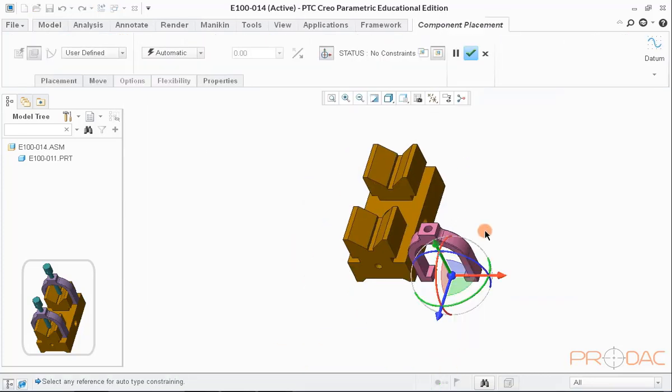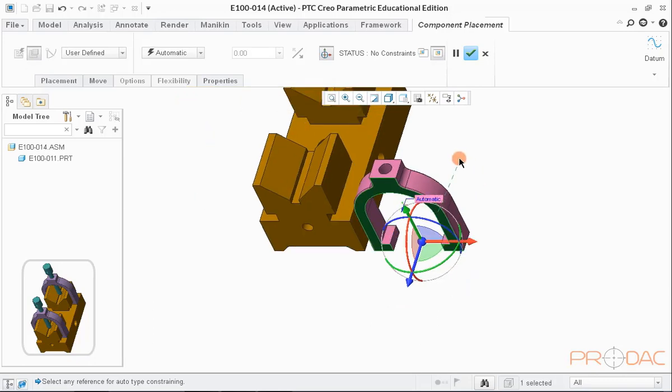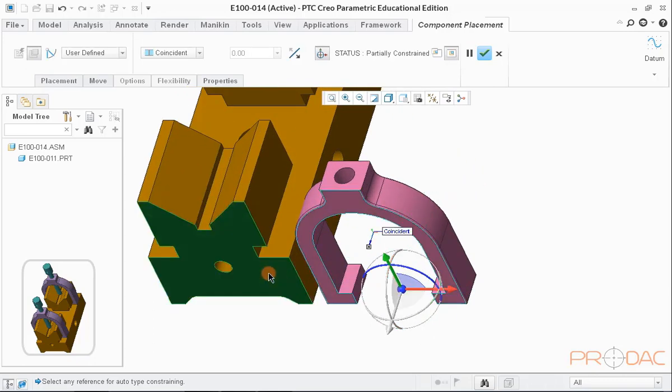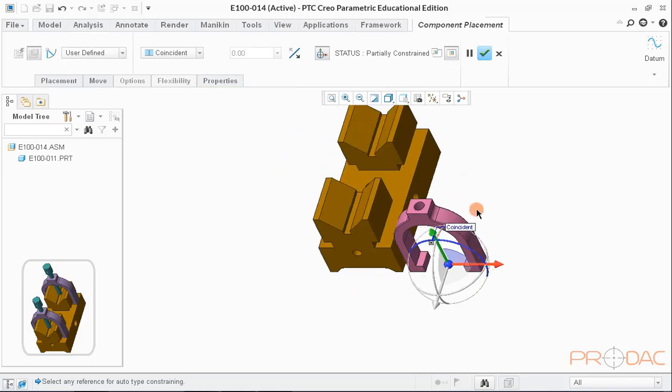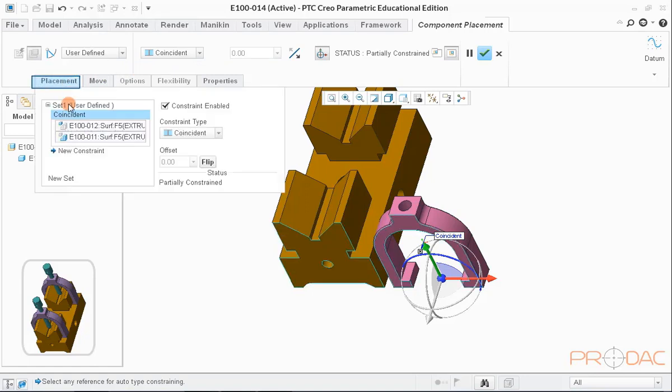First assembly constraint for this part would be surface to surface offset. So, let us select the surface of purple part first, which is component item, and then select the mating surface in assembly item. Now define the mate type, which has to be distance. It can be done from placement window.